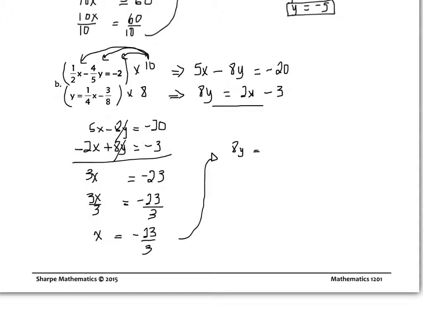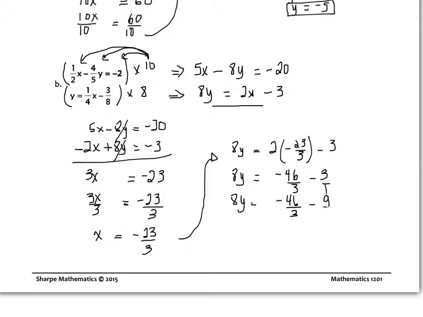8y equals 2 times negative 23 over 3 minus 3 is negative 46 over 3 minus 3. So I'm just going to put these over a common denominator first, which that's understood to be over 1, so if you put that over 3, it's going to be negative 9 over 3, multiplying top and bottom by 3, and that's going to give you